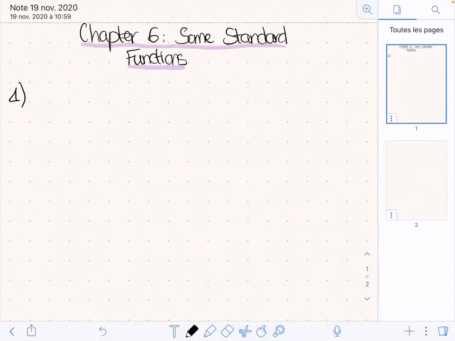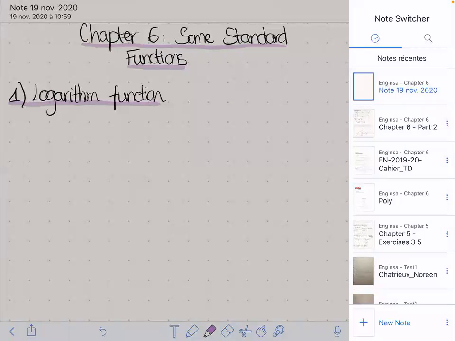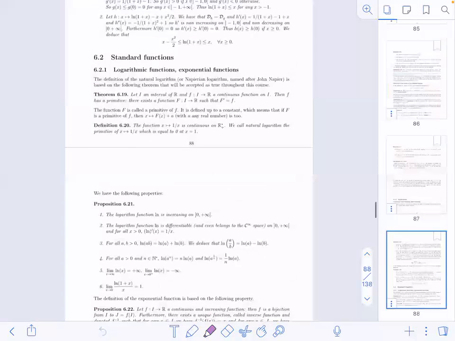So we're going to review the logarithm first, and using the logarithm we'll then define the exponential function. And as I mentioned, these two functions are functions that you know. So we're about here in the notes, and I suppose what's strange with a lot of these functions is that